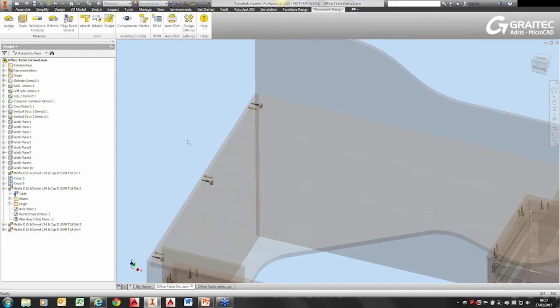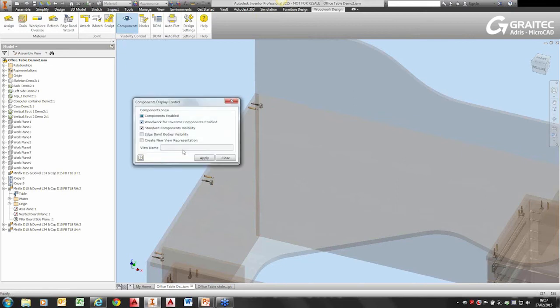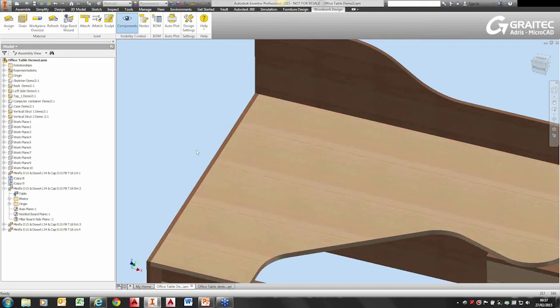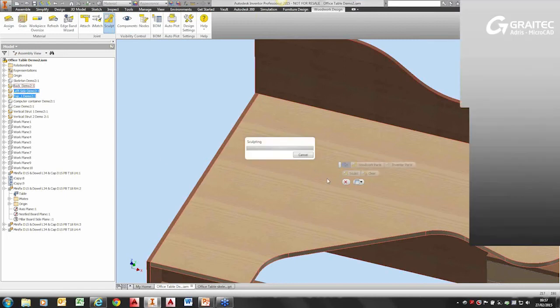So now that I'm happy that I've got all my fixings in the right place, I want to use what's called the sculpt command within Woodwork, and this will cut all the holes, all of the correct sizes. So before we go any further, I'm going to turn on the visibility again and go into the sculpt command. So we're going to select our parts, pick sculpt,